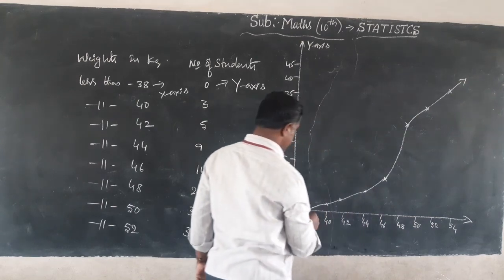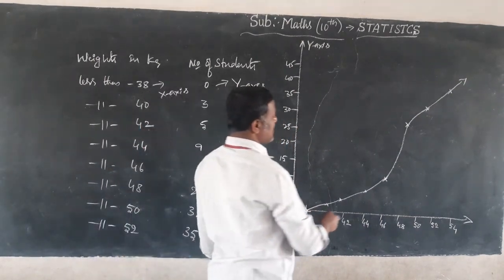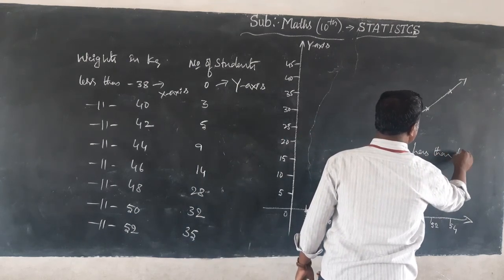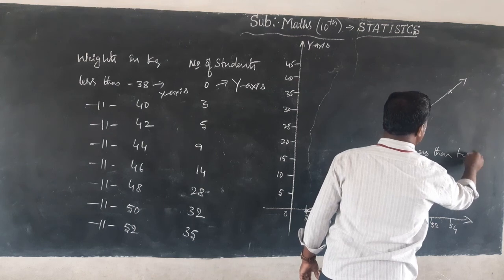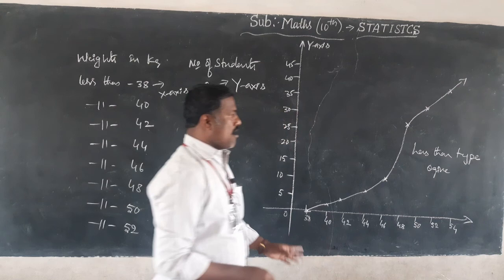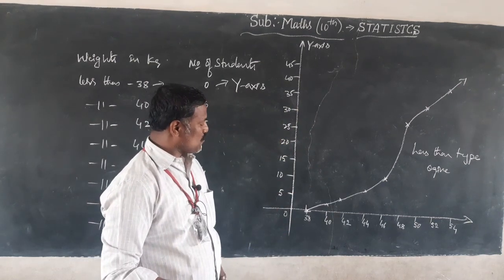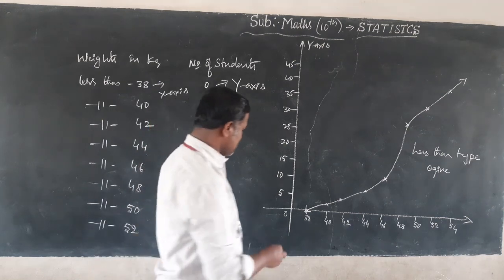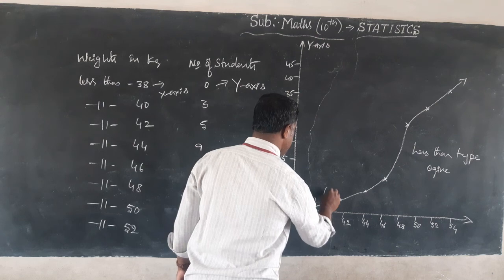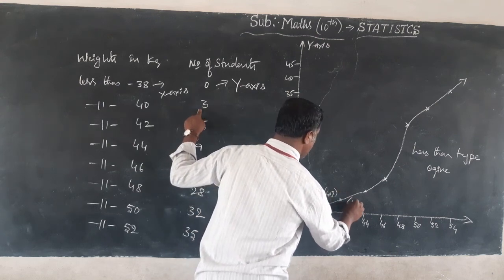This is what we called as less than type Vaju. Here you should write less than type Vaju. Children, after connecting the points, you have to locate the numbers. This is what we called as 38, 0, and this is 40, 3, and this is what we called as